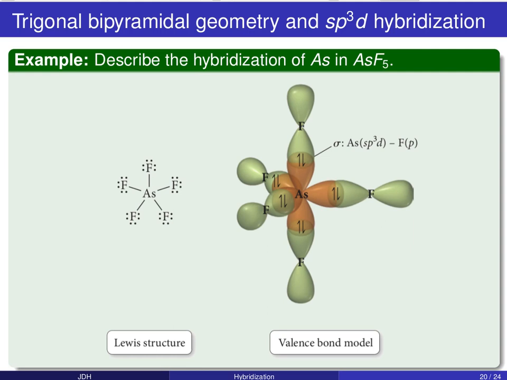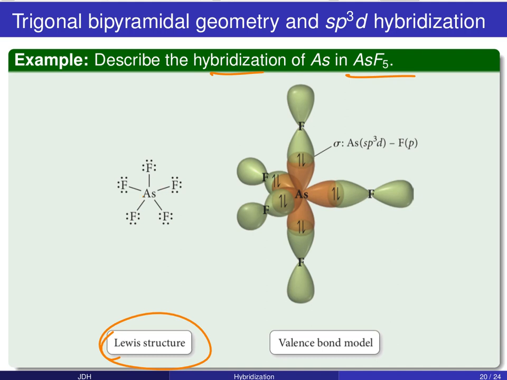We're really not doing much more than what you already know, right? Your first step to describe the hybridization in any molecule is to draw that Lewis dot structure. In this case, we're dealing with AsF5, arsenic pentafluoride. We've got 5 fluorine atoms surrounding that central As element, and as a result we're going to have in the Lewis structure a total of 5 electron groups,